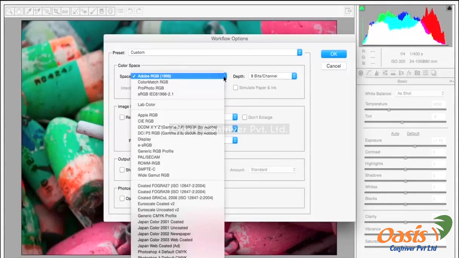Color spaces are quite a complex topic, but I'm going to simplify it a little bit here. The sRGB color space is going to be the smallest color space out of these first four color spaces, and it's the color space that you would most often find online or on the web. So if you were creating images solely to be distributed online, you certainly could use the sRGB color space for